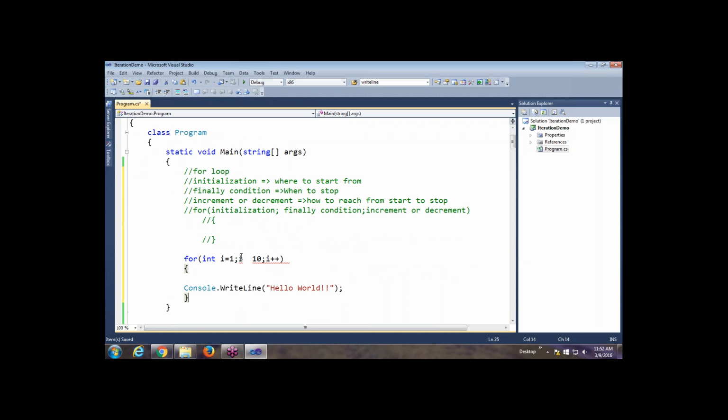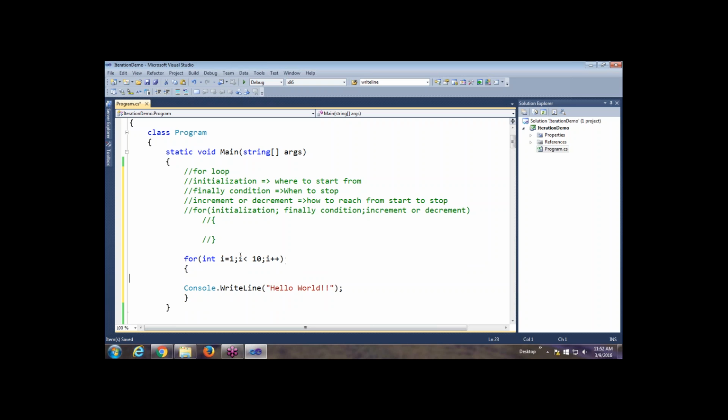Now see, right now what is the value of I? It is 1. So 1 is smaller than 10, so we will use a less than condition over here. See, the final condition needs to be true, then only the block will get executed. So we are specifying the condition that I is less than 10. First time the I value would be 1. Condition is true, execute the block.